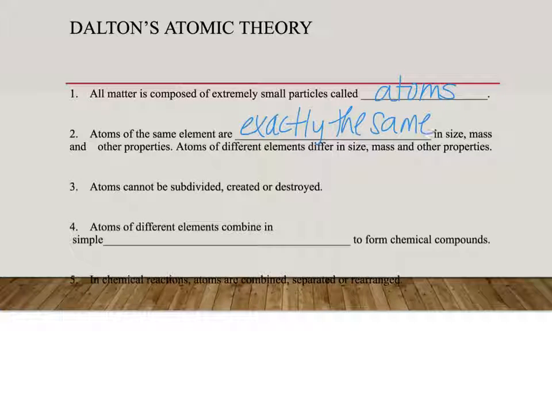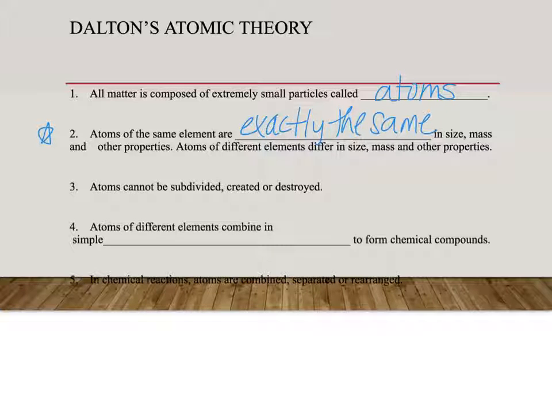And that means they're exactly the same in size, mass, and other properties. And then he said atoms of different elements differ in size, mass, and other properties. And while we're here, I want you to go ahead and put a star by number 2, and I'll explain why in a minute. And then he said, in postulate number 3, atoms cannot be subdivided,